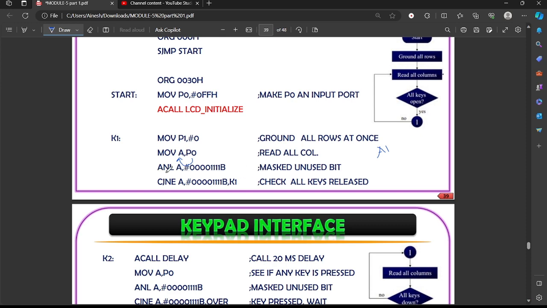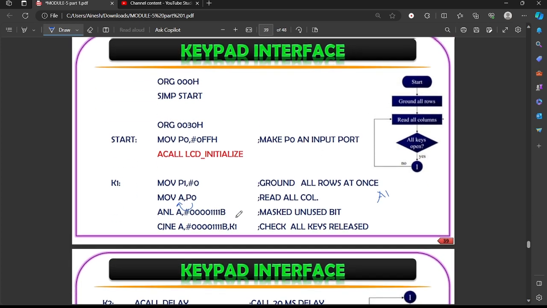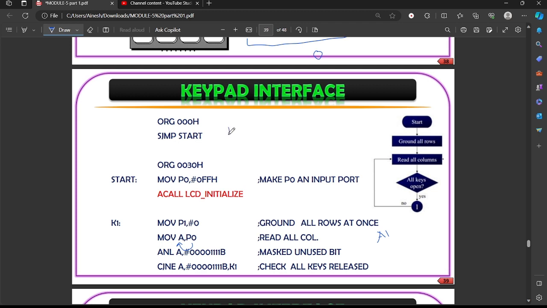You do an AND operation with A and 0000 1111. When you write something, it's port bits 7, 6, 5, 4, 3, 2, 1, 0. Now if I do an AND operation between A and 0000 1111, what's going to happen is